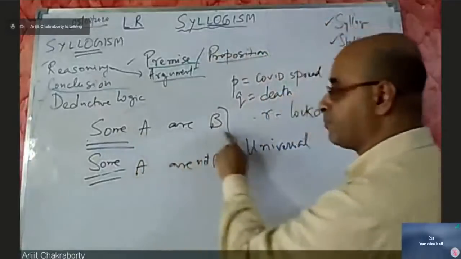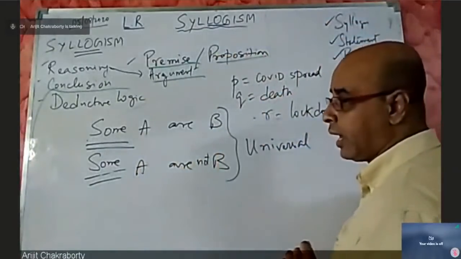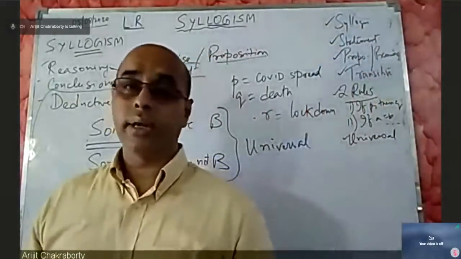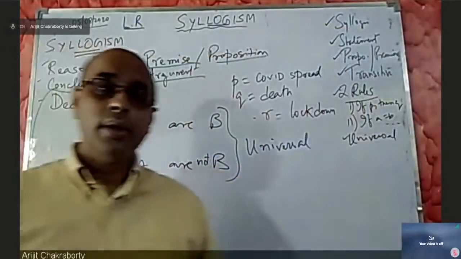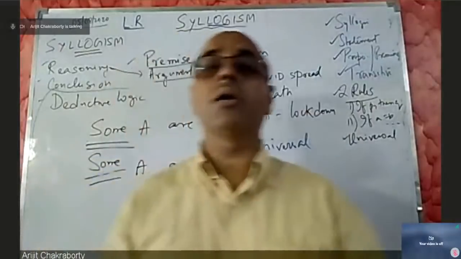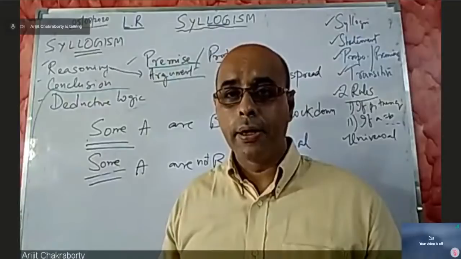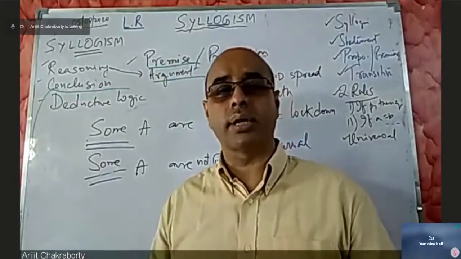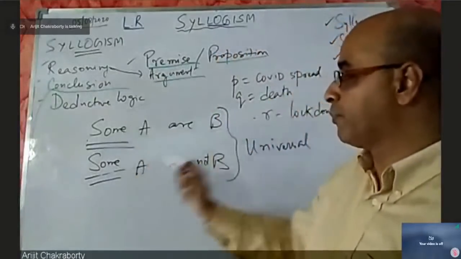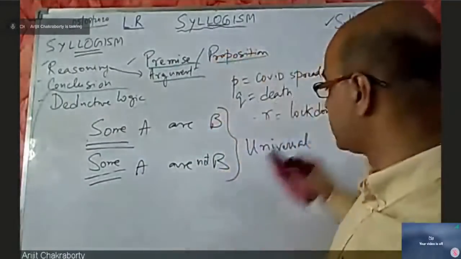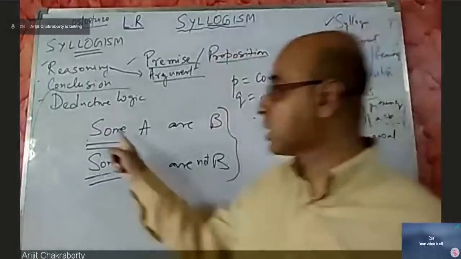So some A are B. And here I have written some A are not B. So I can write that some art students are not chartered accountants. There are some art students, say literature students, who are not chartered accountants. So some A are B, some A are not B. Whenever you have a statement which starts with the word some,